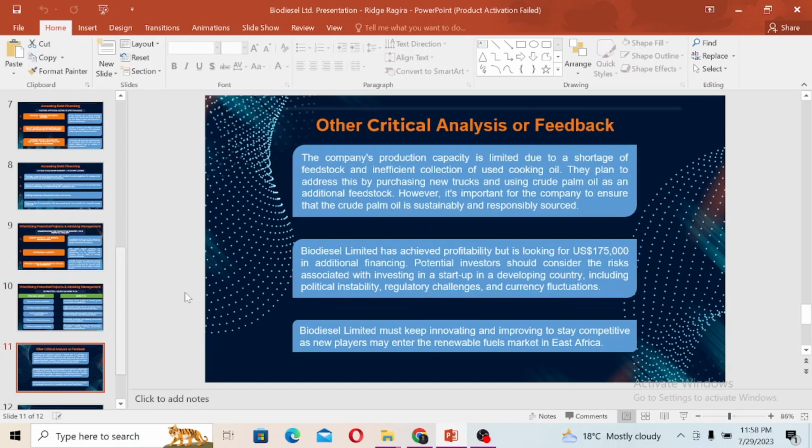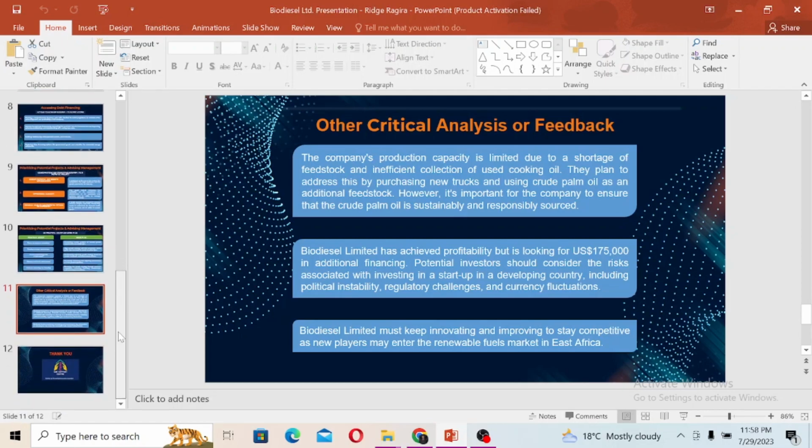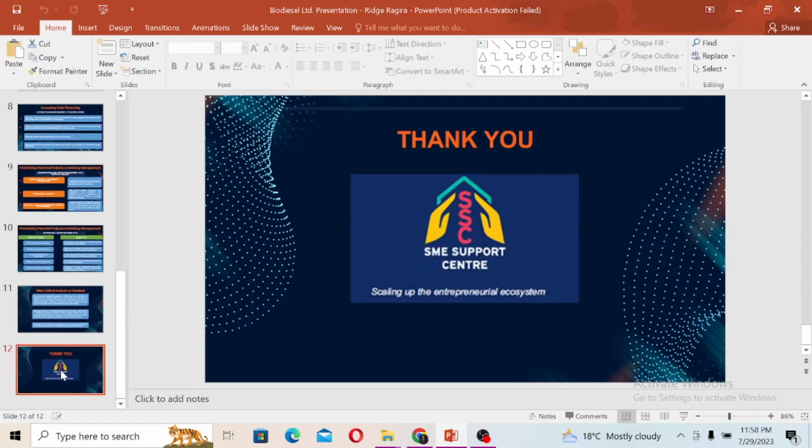And then the last question, it was other critical analysis or feedback. So after going through the whole case study, this is what I came up with for analysis or feedback that is useful or that I think might be helpful for management or investors to know. Yeah, and then of course the final page to say thank you in case I'm presenting and open up the